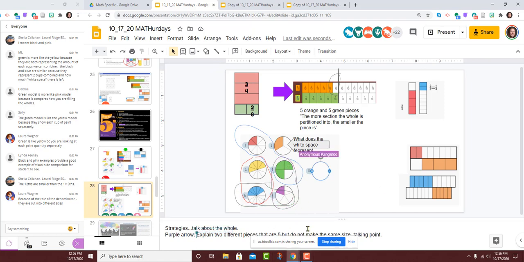Oh, I can see people are thinking the green and the purple together, or the purple and the blue together. All right, if you thought green and purple, how do you know that that won't overflow? If that was you, turn on your mic and tell us.